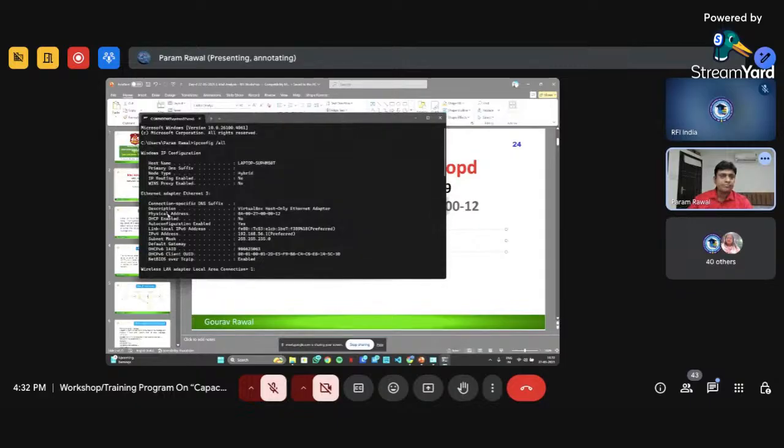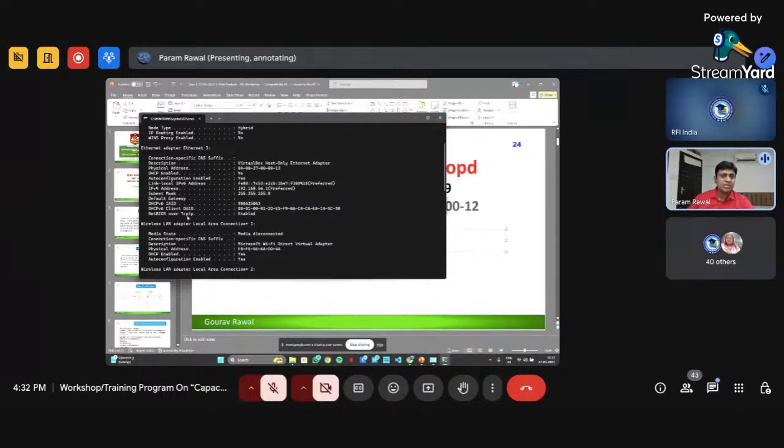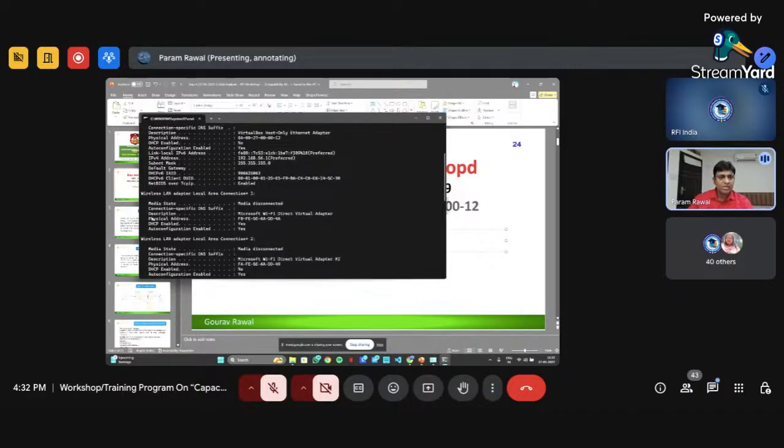Again, there is a second LAN card available in my PC, so there is a different physical address here also. This is the physical address of local area card 2.